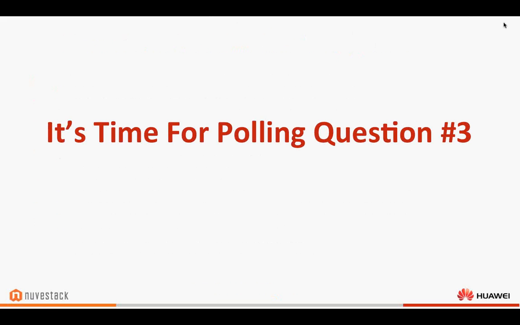So one of the things we want to ask now, this is our final polling question, is what do you want most in a desktop as a service partner. If you're going to partner with somebody like NuvaStack, what is the most important thing to you? Is it the ability to white label that service and make it your own? Is it the flexible support options that Tony was talking about? Is it complete transparency in all the offers and communication coming from the partner? Or is it brand recognition? We'll give you a couple seconds here to vote, and we'll share all the results out.